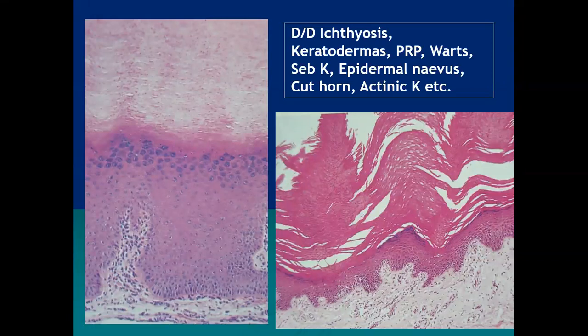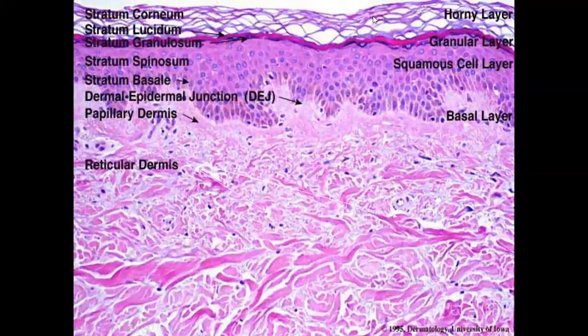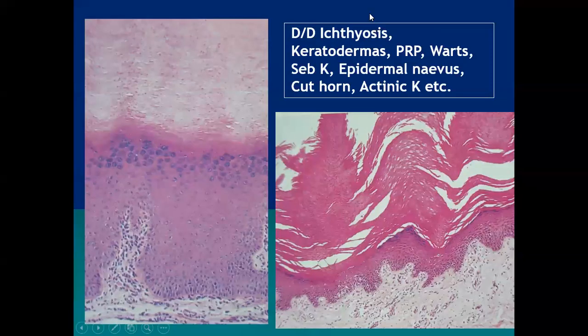So the first slide is that of hyperkeratosis. I showed you the first image of a normal stratum corneum, which is characteristically of a basket weave shape, like the old baskets which were made of cane. But in hyperkeratosis, this stratum corneum is thick and